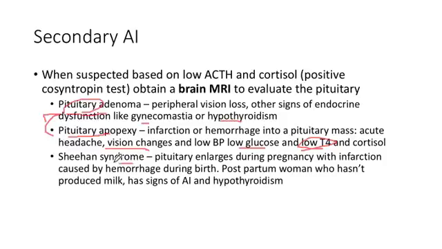And Sheehan syndrome is actually an OBGYN topic. However, those topics make their way onto this shelf as well. And similar kind of pathology here: during pregnancy, your pituitary gets real big, and so big that if you hemorrhage during pregnancy, and if you watch a C-section, there's a lot of blood in any C-section, that can be enough to cause an infarction of the pituitary gland. And the key to the diagnosis here is going to be maybe some AI or hypothyroidism, but the key would be that a woman who wants to breastfeed can't make breast milk.